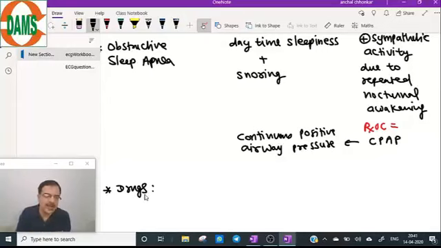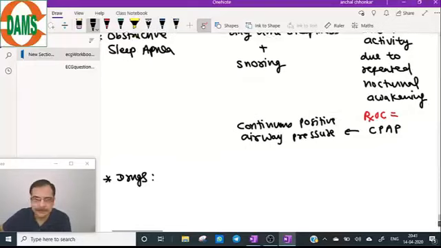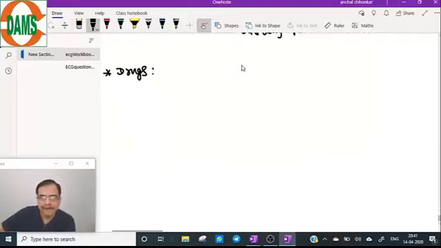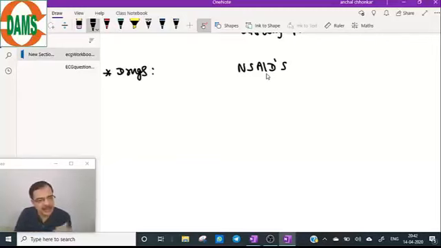Some drugs can cause high blood pressure. So if a patient is stable and suddenly on the same doses BP is going up, ask the history of drugs, as simple a drug as NSAIDs. Like for pain, arthritis, the patient has taken painkillers, NSAIDs, and suddenly BP can go up. The reason is NSAIDs lead to